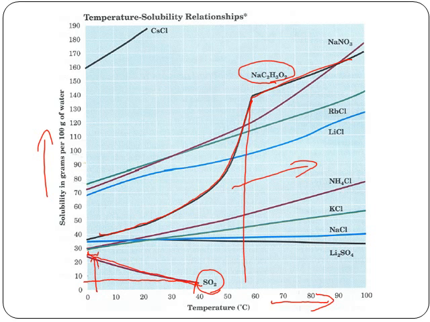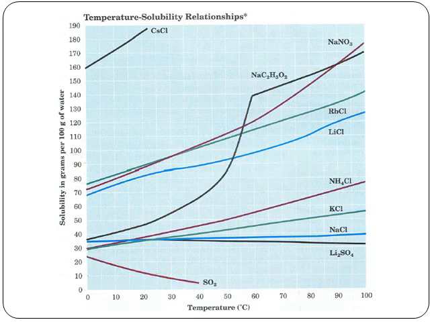So this is an example of how our solubility curves work. Anytime you're given an example, you just look for whatever substance it is. For this class, everything will be something that's on this chart. I'm not going to give you anything else. There are temperature solubility curves for other substances. These are not all of them, obviously, but these are just the ones we're going to work with for this class. You can find other ones online if you really need one. Continuing onward,